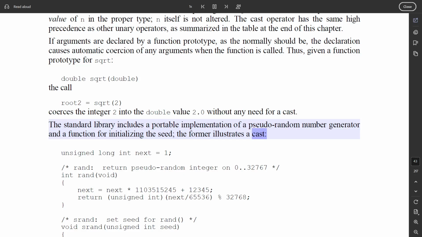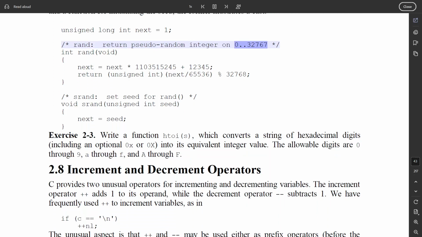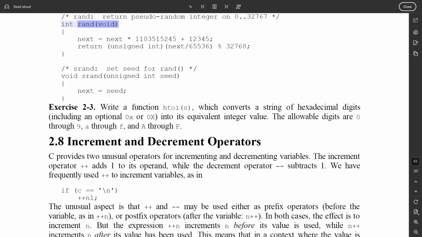The former illustrates a cast. unsigned long int next = 1; /* rand: return pseudo-random integer on 0..32767 */ int rand(void) { next = next * 1103515245 + 12345; return (unsigned int)(next/65536) % 32768; } /* srand: set seed for rand() */ void srand(unsigned int seed) { next = seed; }